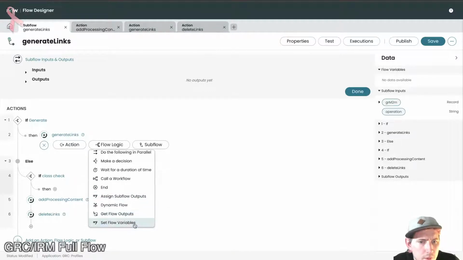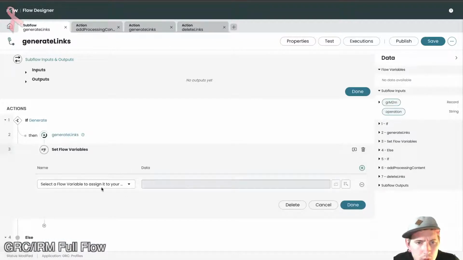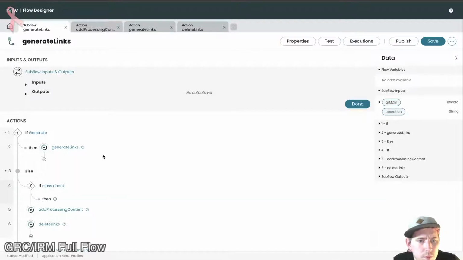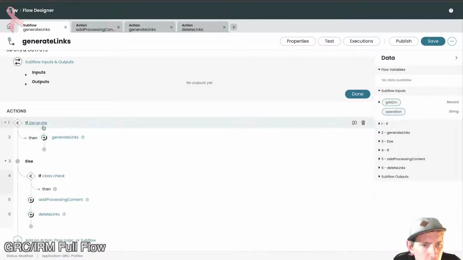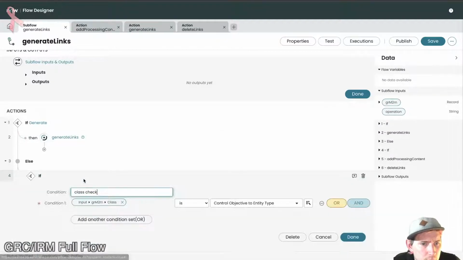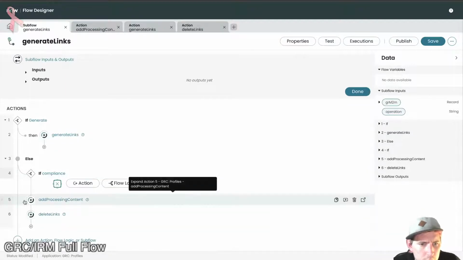Get flow output, set flow variables. I'm just going to try again and see if I'm missing something. I've not read the doc, so it's my own fault. So if class check, what did I say it is? Compliance. Let's just do it there. So if compliance, then